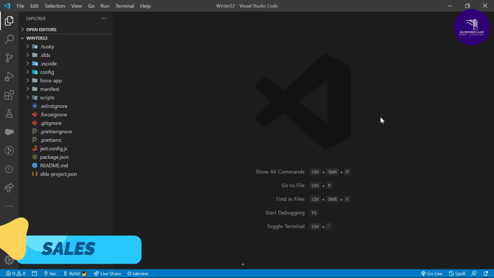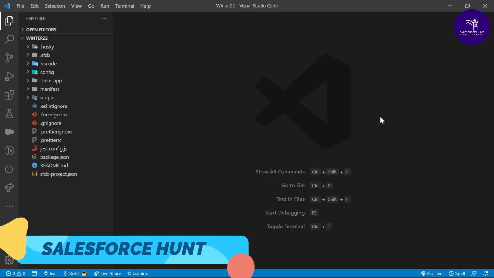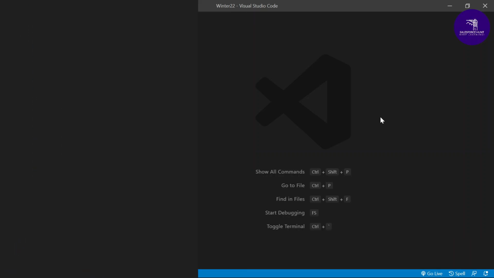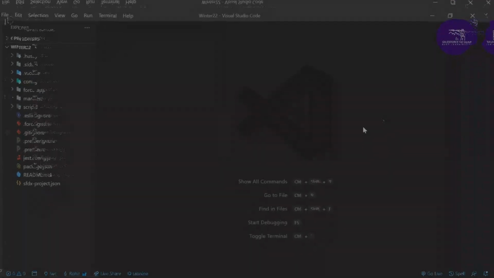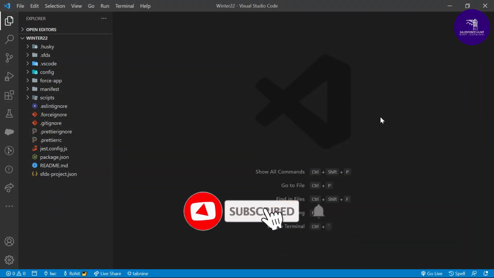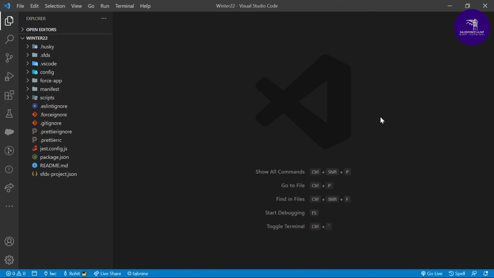And today I'm going to show you how to work on the SOQL builder in Visual Studio Code. It's a very short trick, or we can say short notation. If you are working on any SOQL query, you can build your powerful query within a minute, or we can say within seconds. It doesn't take any time, so you can work accordingly.